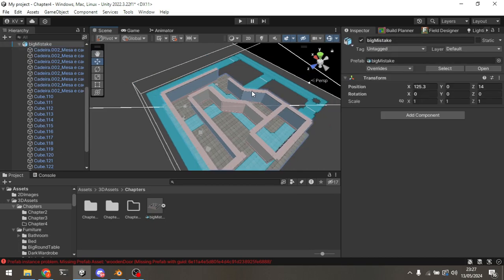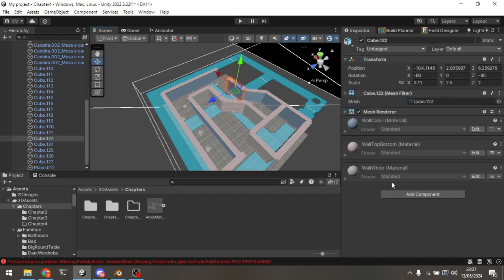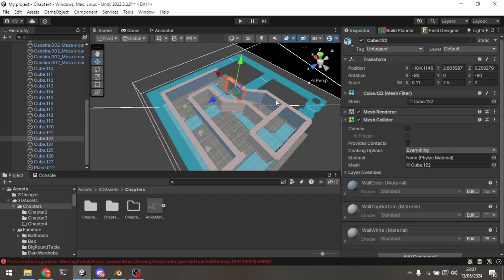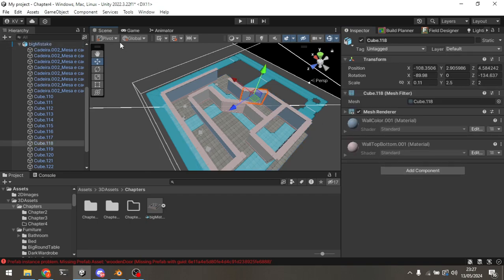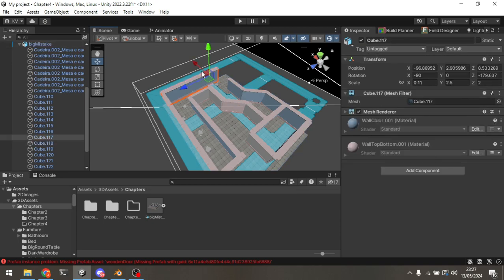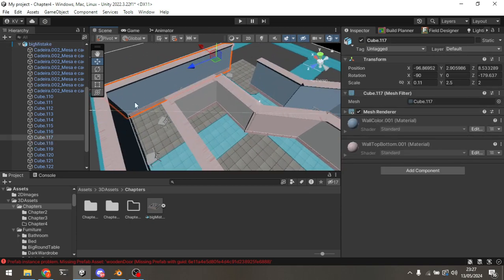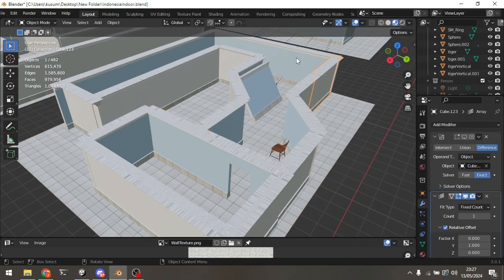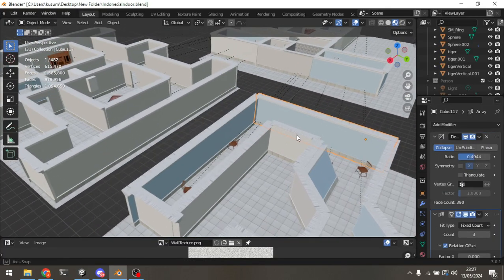Like as I said before, sometimes it takes the most of your time. Well, in this case, too bad, you still need to add collider one by one. But on the other hand, it's not as bad as it seems because you just need to add a little bit one by one, and just in case you have combined mass like this, which in reality is just